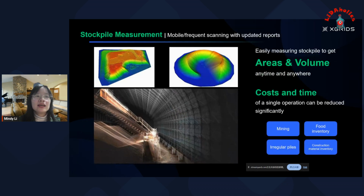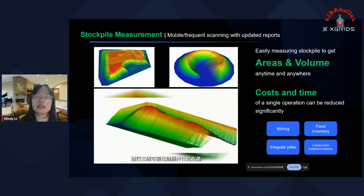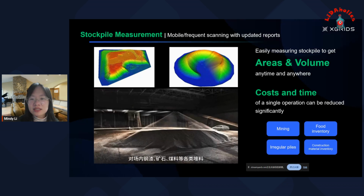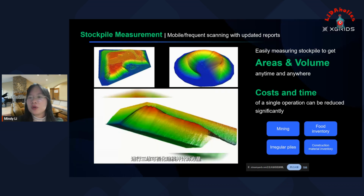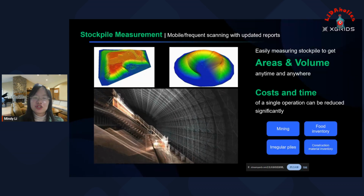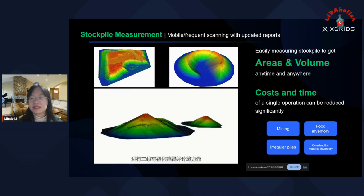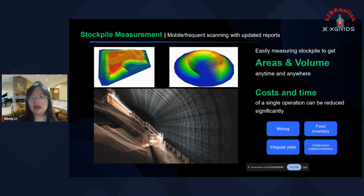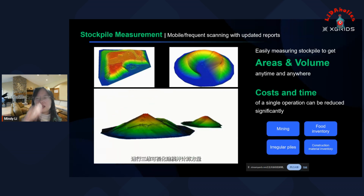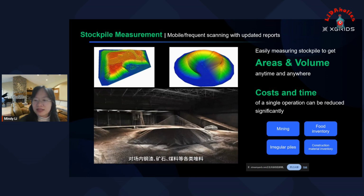in a very vivid way. And here is also a very typical way of applying LiDAR in a mobile scanning system: stockpile measurements. For the area and volume calculation, we can do real-time calculation right after you finish the scan, use that data for processing, and get reports for the areas and volumes automatically. All these can be applied in mining, food inventory, irregular pile measurements, and construction